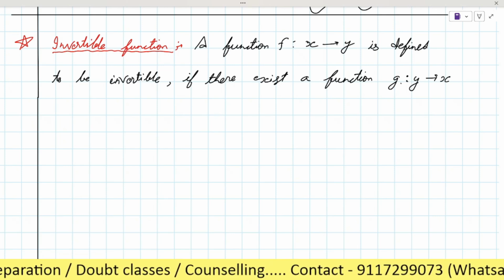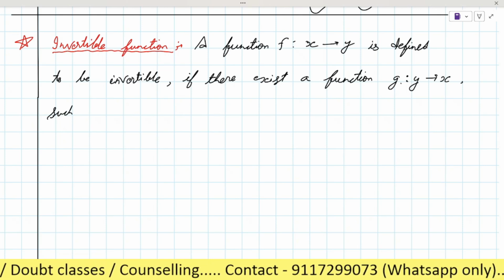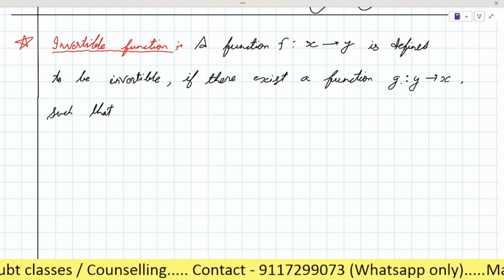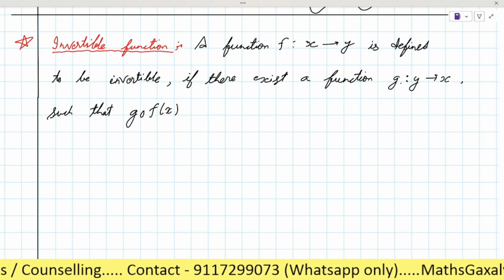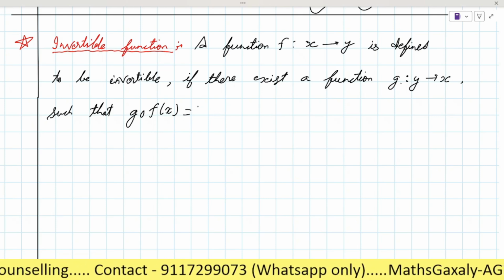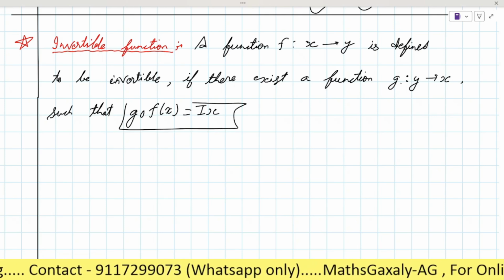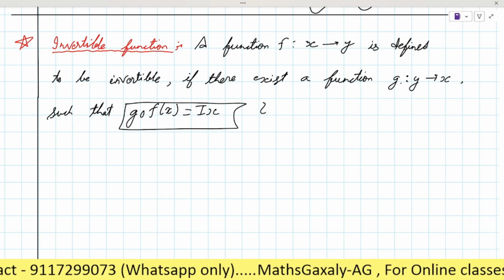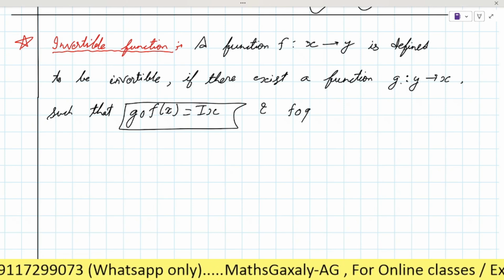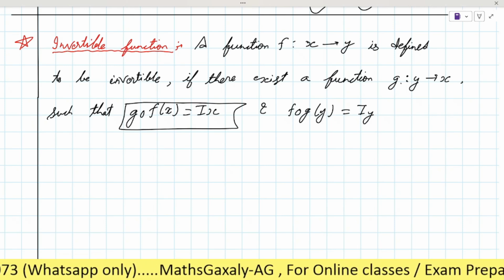So that will be that type of function such that gof x will be ix. Gof x will be ix. Is it clear? And fog y equals iy.